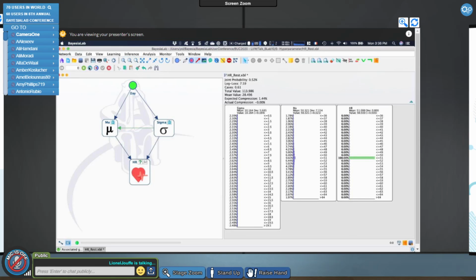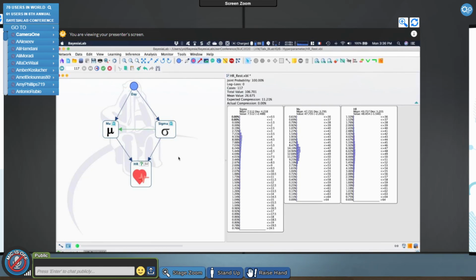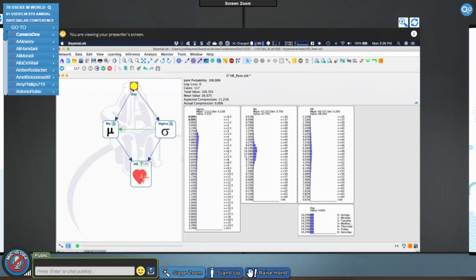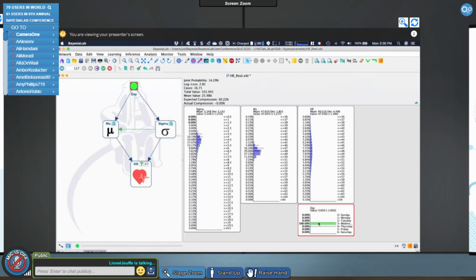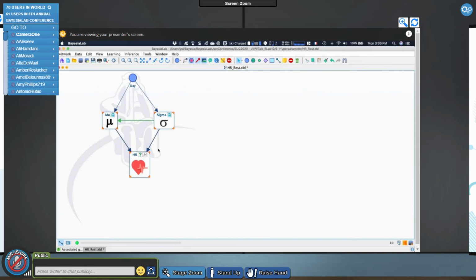And I go to 270. And I can see that, when I play with the days, there is indeed an impact on mu and sigma, right? So what I can do is try to see, because I know myself, so I know perhaps this is